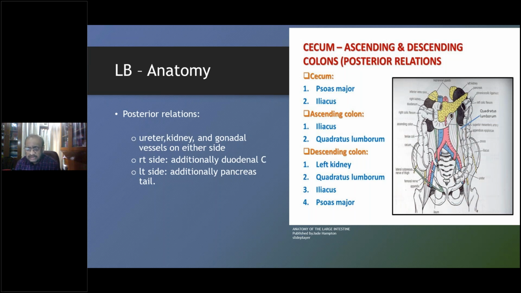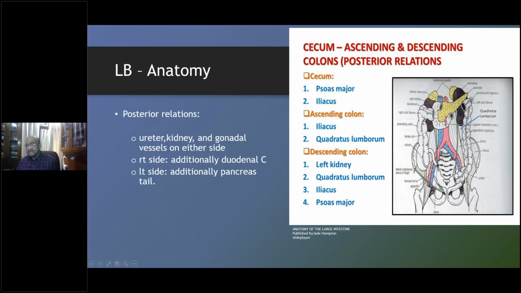Now, as surgeons, we are basically sticking to the surgical anatomy. So we as surgeons are more concerned with the posterior relations of the colon, because that's what we have to encounter when we carry out any kind of mobilization of the colon, whether it's the ascending colon or the descending colon. If you look at the posterior relations, which are common to both of them, medially this is the psoas muscle. Laterally here you'll find the quadratus lumborum. See the quadratus lumborum? So the two muscles are the posterior-most. Anterior to these muscles and between the colon and these muscles would be the kidney. You see the kidney, the ureter. So whenever you're trying to mobilize, these are common on both sides.